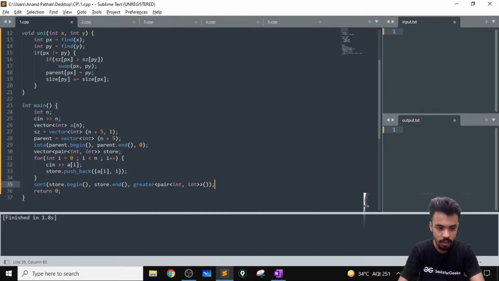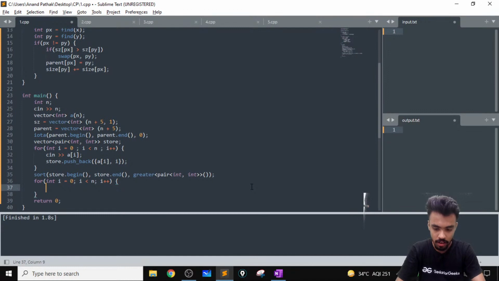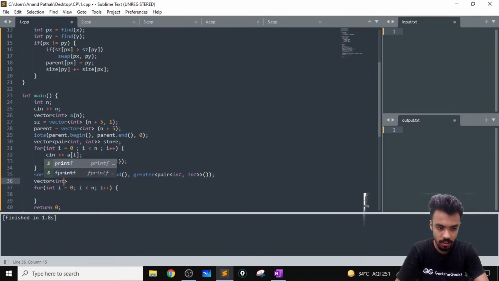So yes, this would sort this thing, and then we have to move for all the values from 0 to n. The 0 value would be the largest value, as we have sorted it in decreasing order. Before this we have to initialize the result to store our answer. So that would be a vector result, and say n plus 5 we can declare,